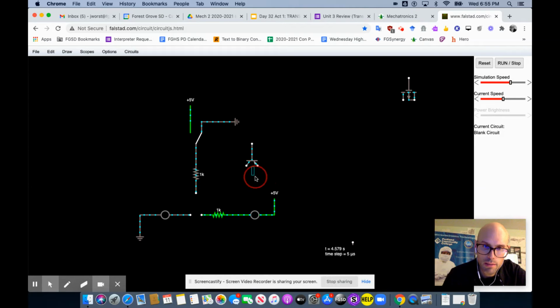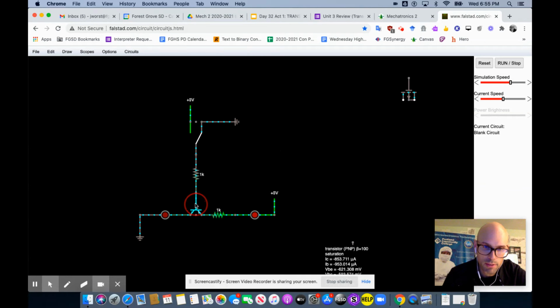Why can't I see it? I think it's the emitter. It's the one with the arrow, okay? With the arrow, it may be the collector. And then we have the other side of the transistor hooked up to ground. So we have power, 5 volts, an LED that lets us know if it's on or off, and a resistor. And then we have this empty spot where you can put